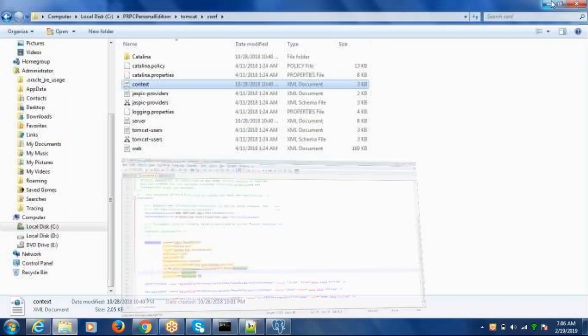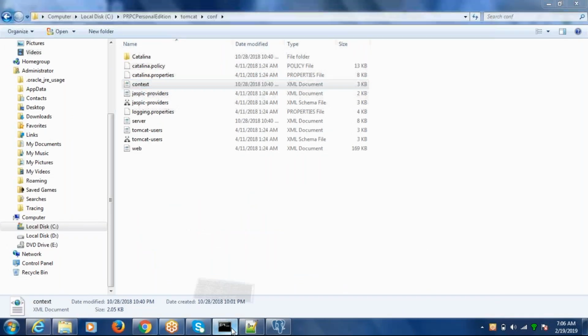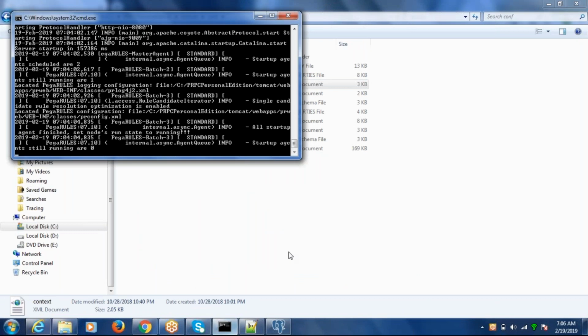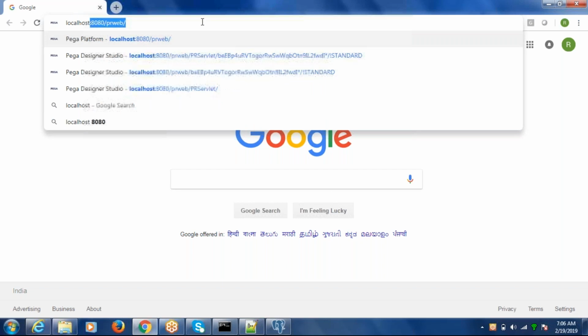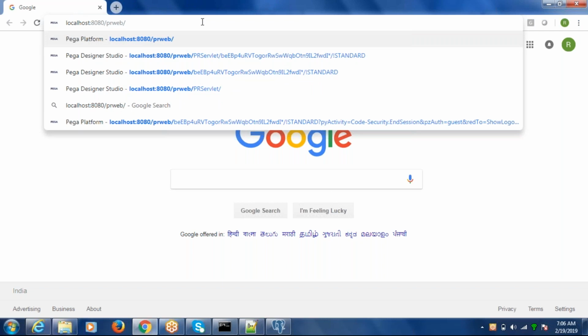All right, now once the server gets started, you can see the message here saying the server started up in how many seconds. This says that your server is up and running now. As and when your server is up and running, you can open any of the browsers and go to localhost colon 8080, which is the default port number given at the time of installation.